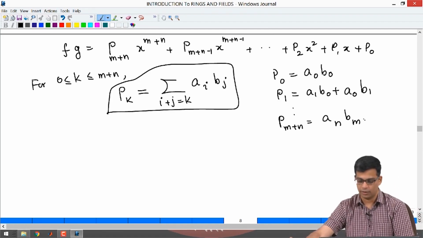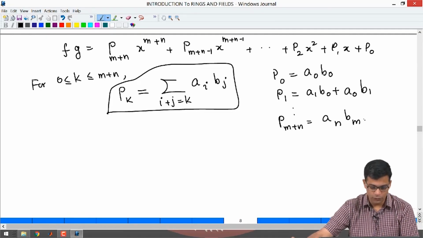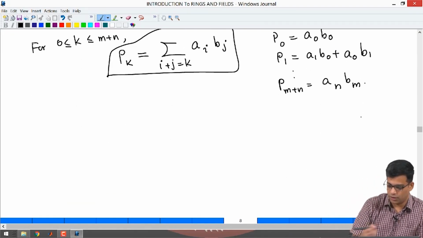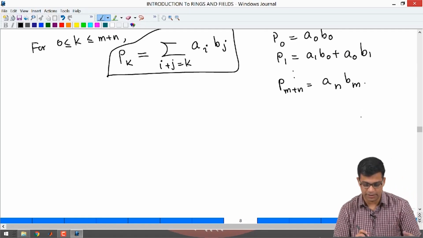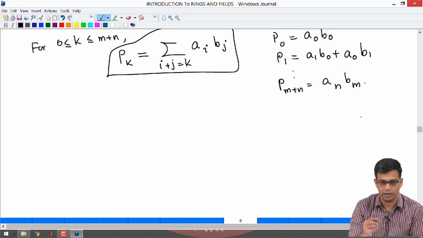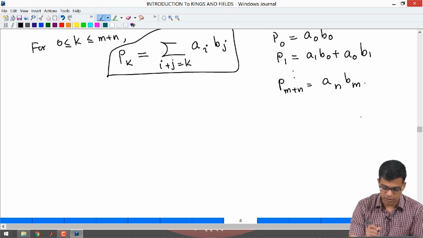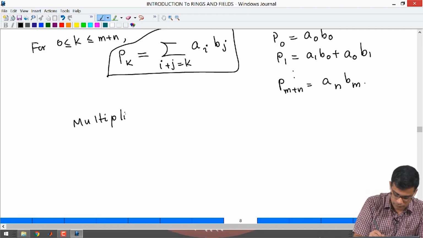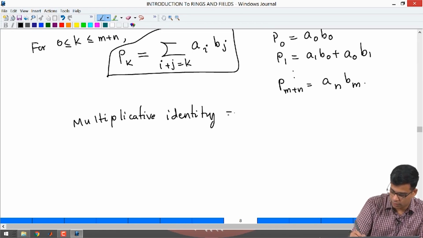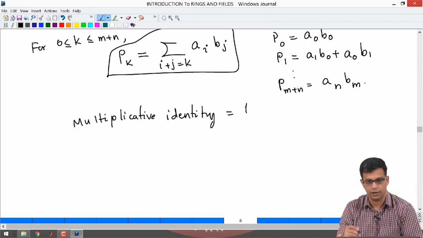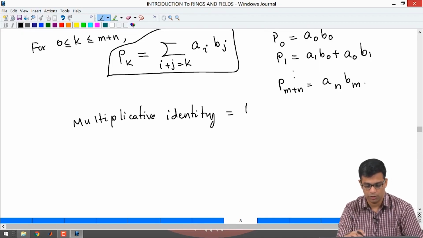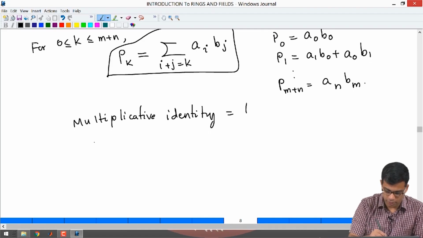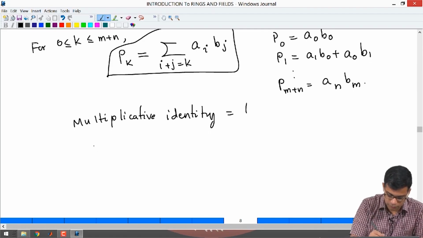So, this tells me how to get all the coefficients of the product, and again I will simply assert these without proof, which can be checked easily, and these are not difficult and they are not very illuminating to check. So, I will simply write that there is a multiplicative identity, simply 1. We denote the multiplicative identity anyway by 1 in any ring. So, 1 will continue to be the multiplicative identity here, because if you multiply any polynomial by the constant polynomial 1, you get the same polynomial, and multiplication is commutative,